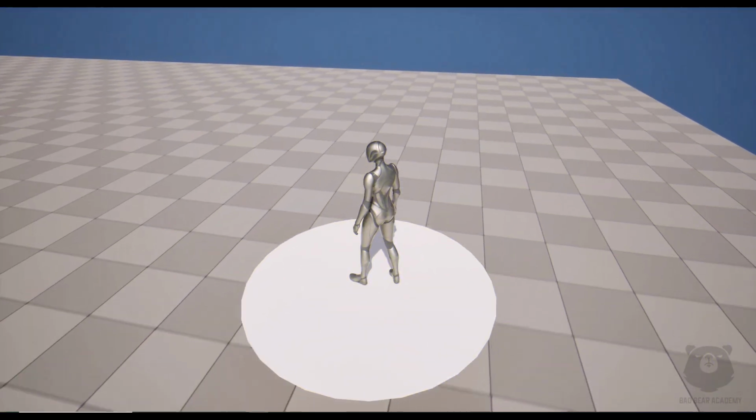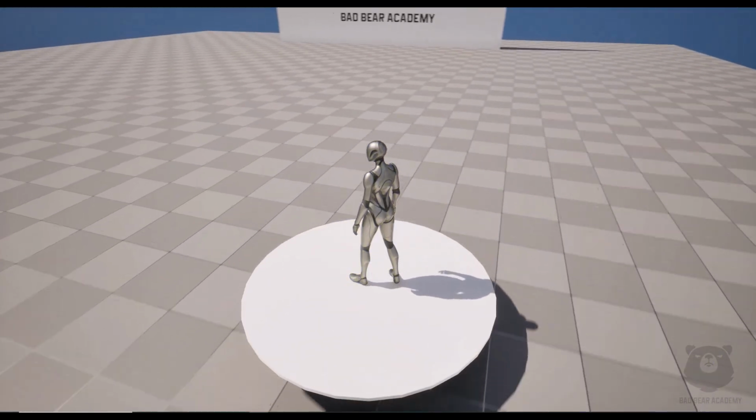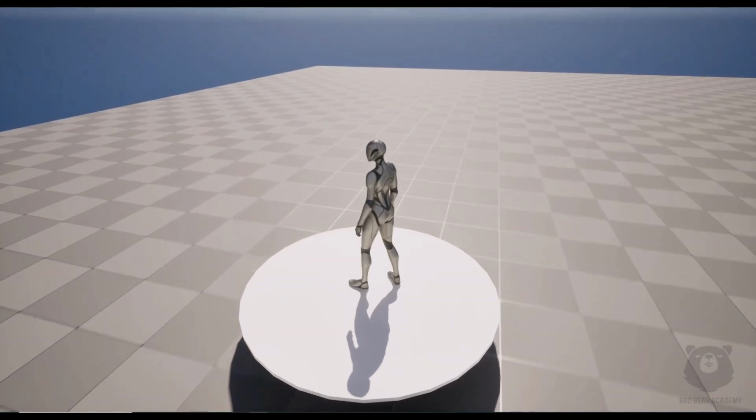Hello everyone, in this tutorial I'm going to show you how to make a platform move along a spline in